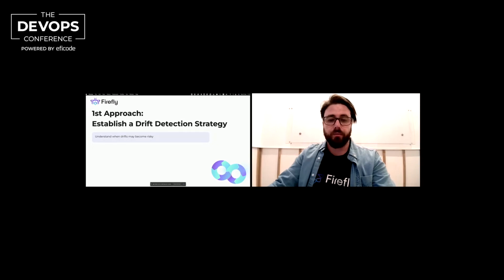The other one is to create some alerting to understand when there is a drift, and basically know about the drift when it happens, and not discover that drift later on in the process. So you need to implement some drift detection